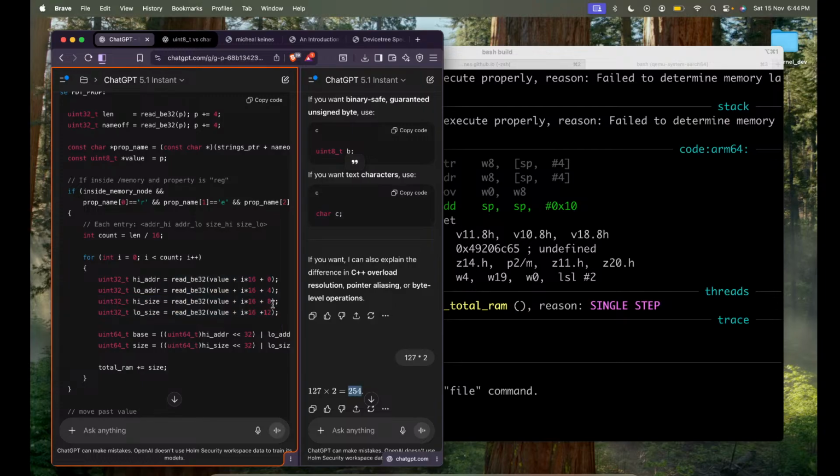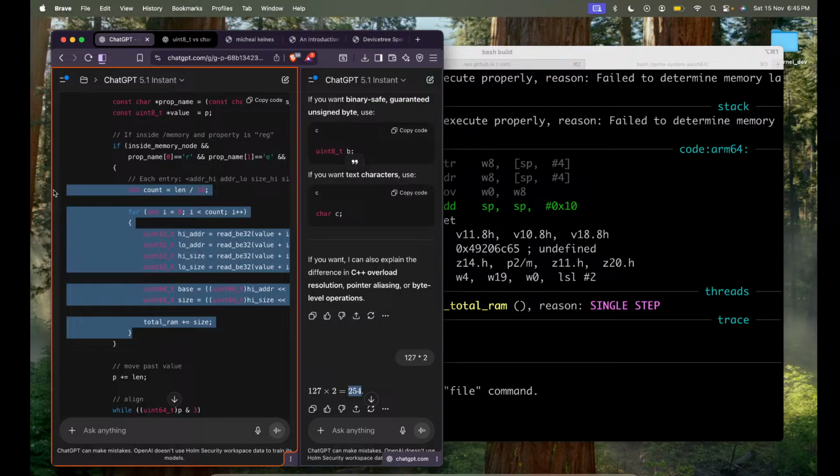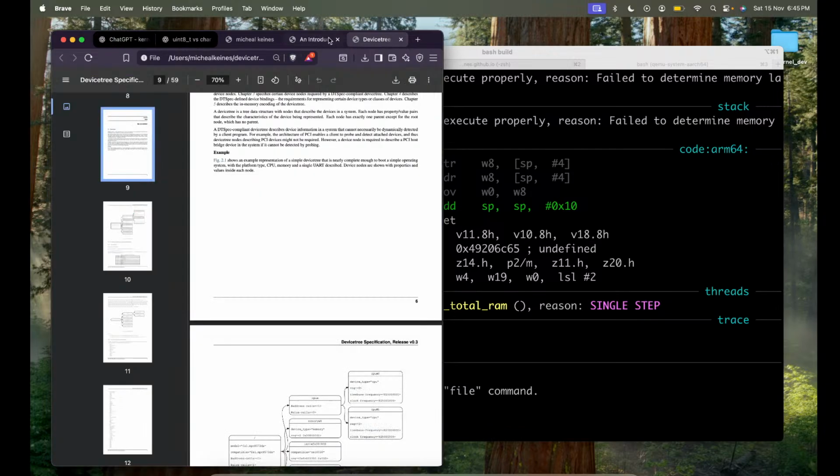I don't know. First of all, I don't understand this part. Let's ask it to explain this. Or we could just see what exactly do we